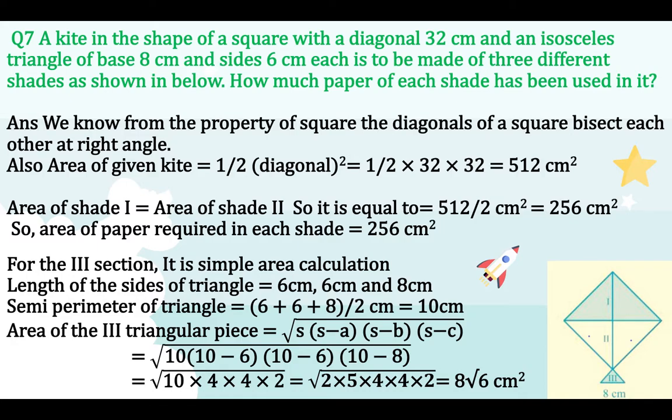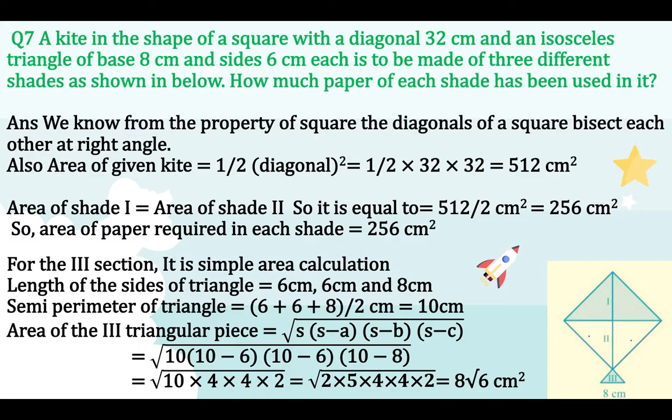Now let us consider the first and second triangle. These two triangles are symmetrical. I can find out the area of one and I will get the area of both because they are equal. So how will I find out? I have the value of only the diagonal. So how will I find out the side? We know that. How will we find out the side? Tell me, everybody knows that.